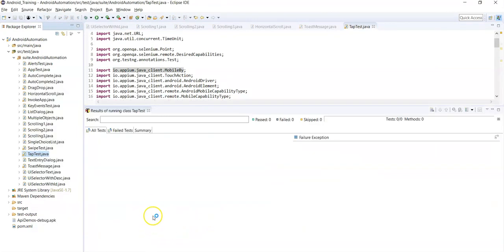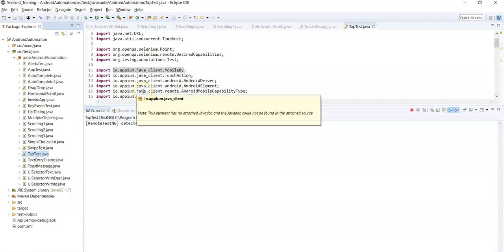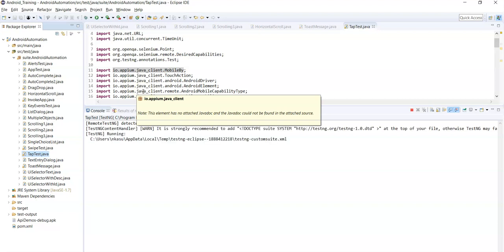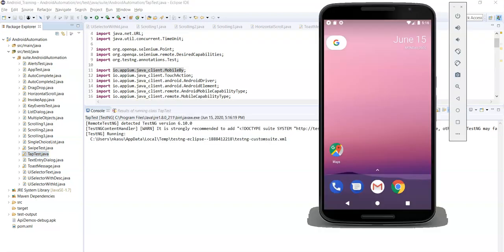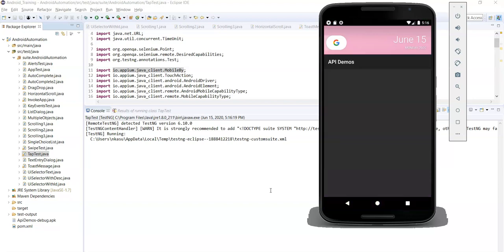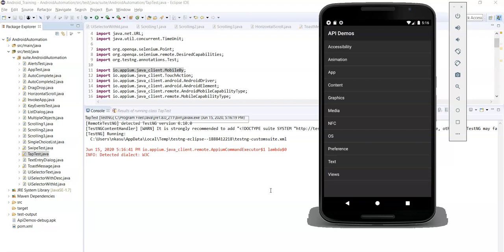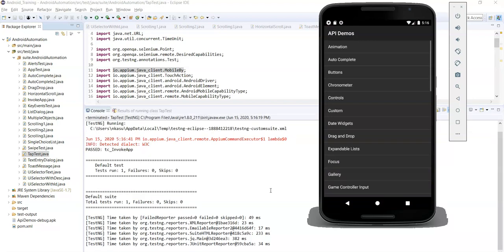Now it will perform tap action on Views name, same as the previous one. Here we are performing tap action using XY coordinates of that element. You can see that it performed tap action on Views using XY coordinates.